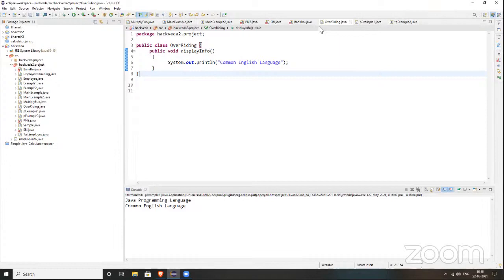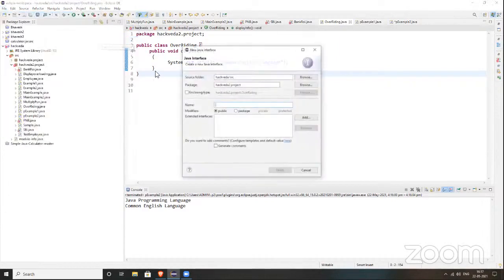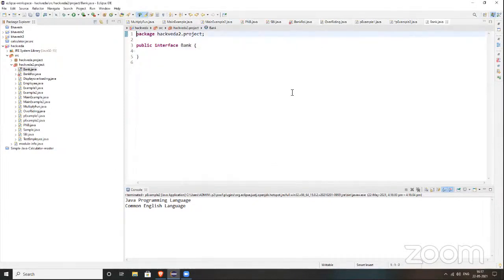So how to create that implement class? Okay, implement class. Yes, because using this file, I can create a class. Okay, so can I create an interface? You can create an interface here. Give the interface name: Bank. Yeah, correct. Now, normally, how do you usually create a class? You need to create the class.